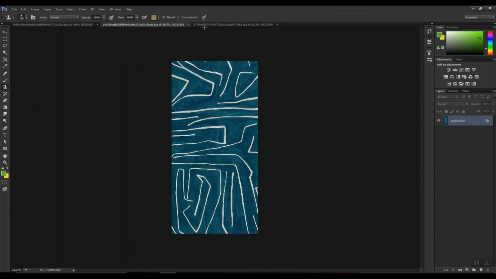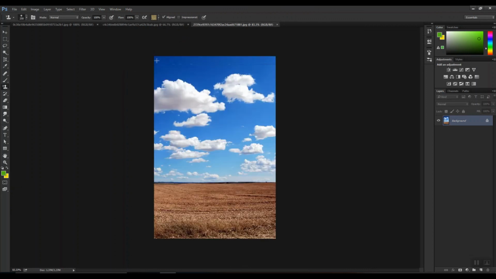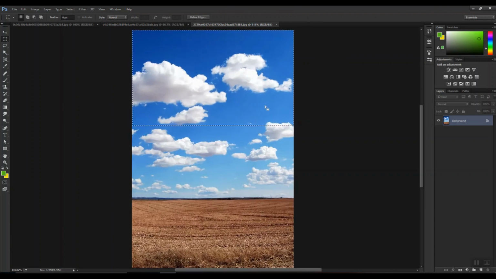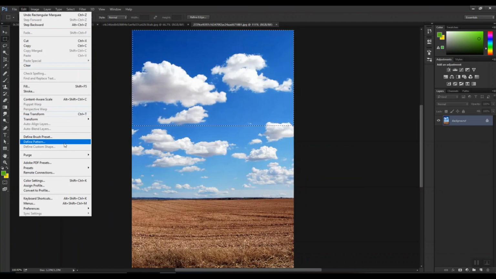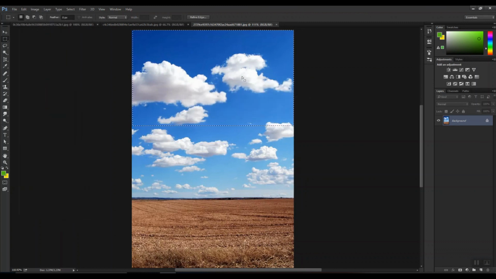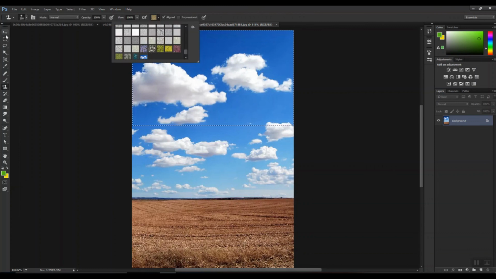The third method of adding a pattern is this. As you can see in this particular image, I just want to define this particular area of the hole. So what I need to do is, first, using the selection tool, let's take the rectangular marquee tool, simply click and drag your mouse till where you want to select. Now as you can see within these dotted lines, this is the area which I have selected to define my pattern. The rest is the same. Go to Edit, go to Define Pattern, simply press OK, and if you go back to the tab, you can see your pattern is automatically added.